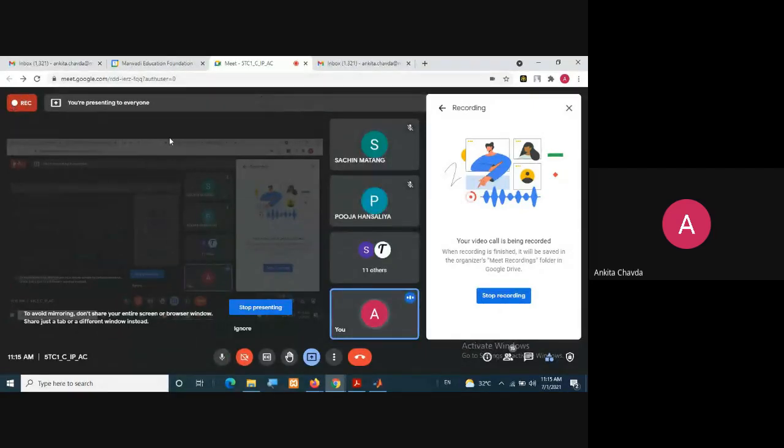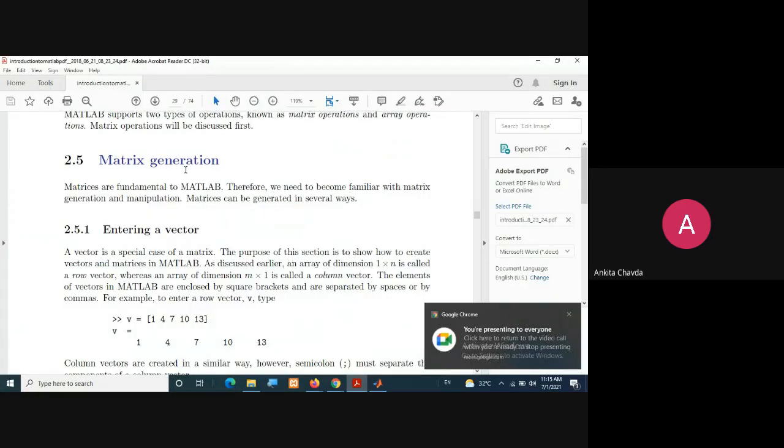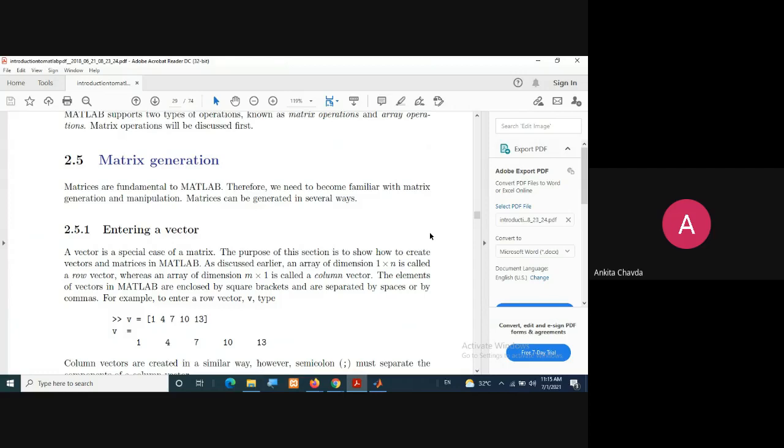Good morning, everyone. In our previous lab, we finished plotting, right? How to plot the values and how to make the graph. For that, we have seen a few functions like plot, xlabel, ylabel, legend, title, and so many, right? You can even plot multiple values onto a single graph. So this is what we have seen.